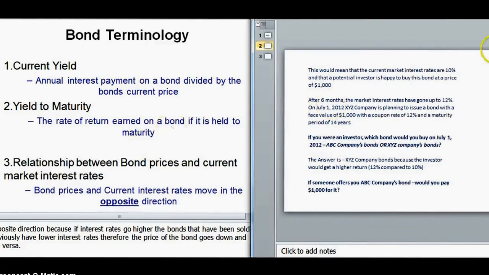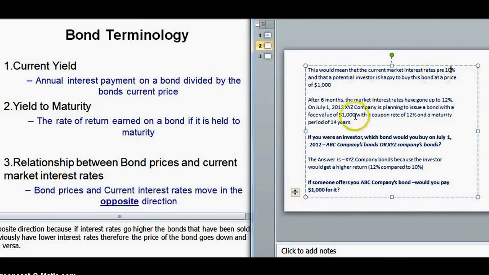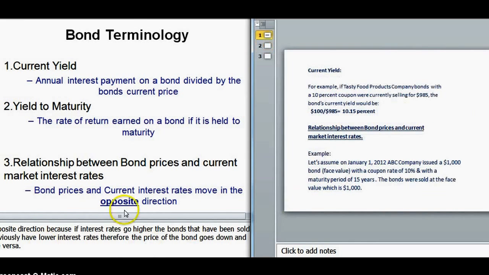For example, Tasty Food Products Company bonds with a 10% coupon was selling for 985. You will calculate the bond's current yield in the following way. You will first calculate the annual interest payment on the bond. Assuming that the face value of the bonds of Tasty Food Products Company is $1,000, a 10% coupon interest rate would be calculated as